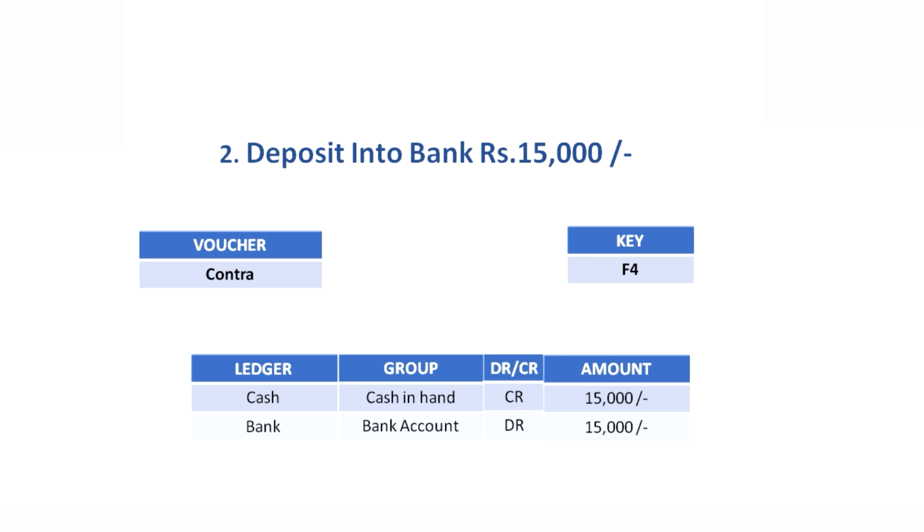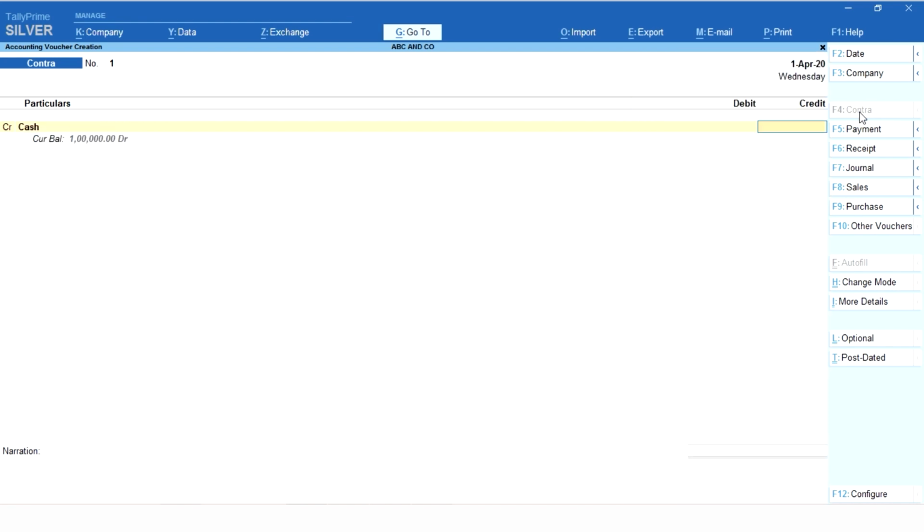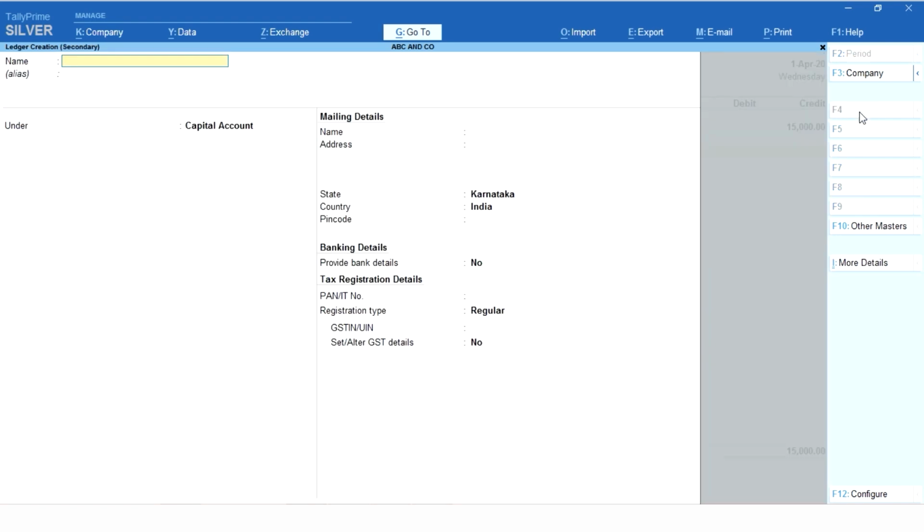So we'll go to Tally Prime now. The shortcut key for contra is F4. It will ask credit first, so we go with cash. The value will be 15,000 and we debit a bank account. The bank account is not yet created, so we use the create option and we'll create the bank account